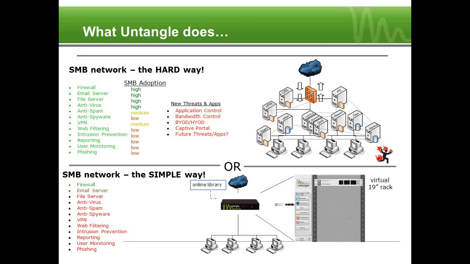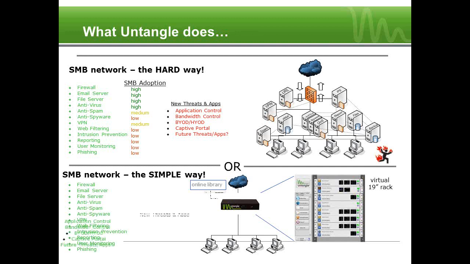Whereas if you need a new feature, you can actually download it into the rack. And with that, you can deploy different things. Some of these items don't have a file server, but we do have most of these other items here: web filtering, reporting, user monitoring, and phishing. And then, of course, as new threats come along, the joy of having a product like Untangle is we can push those out to boxes that are already in play,